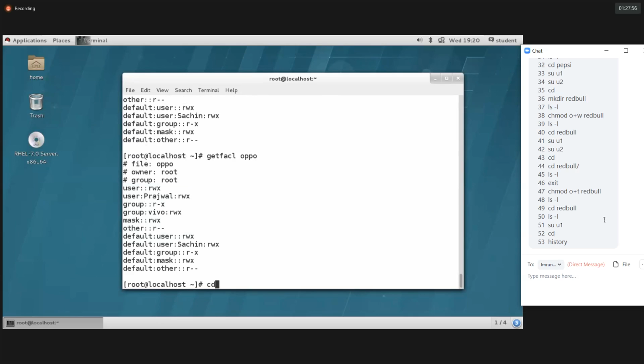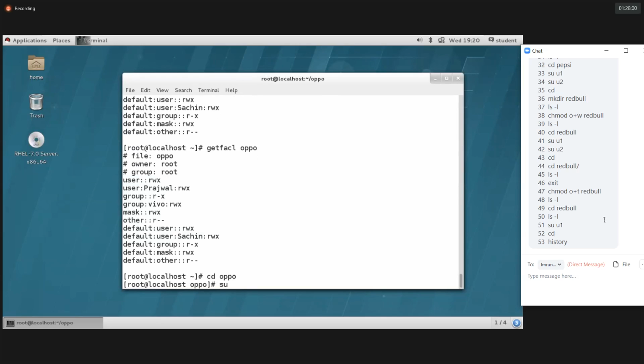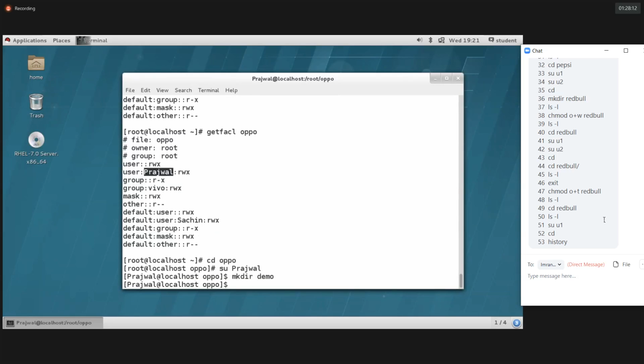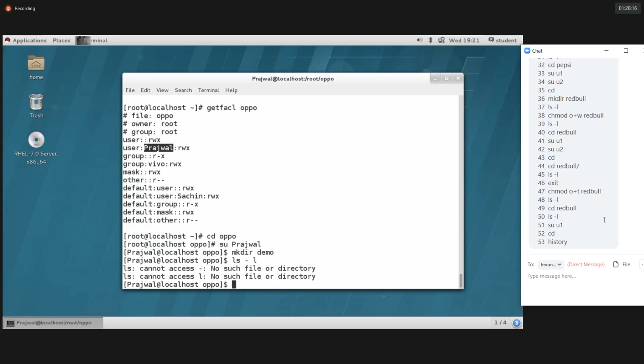Now let's see. Go to the Oppo directory, then log in as Prajwal. I'm creating one directory called demo. The demo directory got created by Prajwal, guys. Let's check the list.